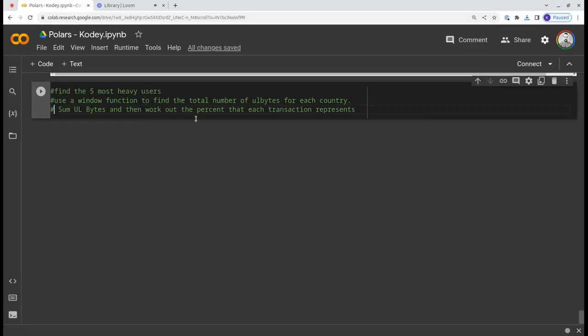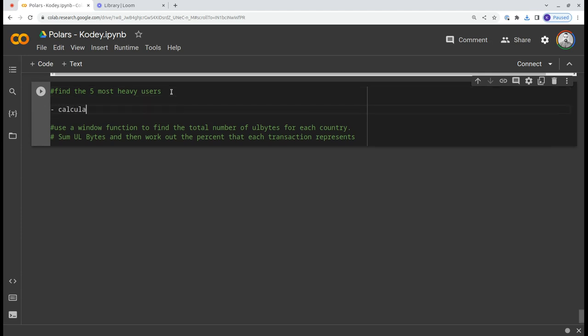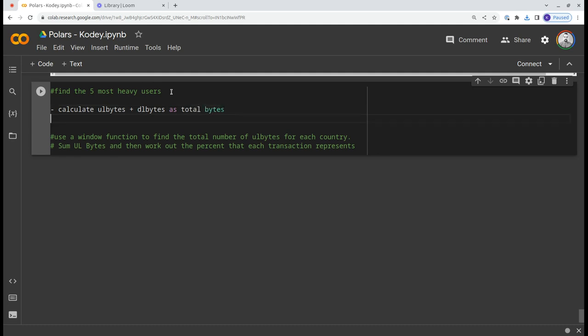Right, so we've been through lots of functionality in this course. We've just gone through each function, demonstrated some examples of that. Now let's try and solve some challenges. So the first challenge for you to solve is that you need to find the 5 most heavy users. So to do that, we can calculate the UL bytes plus DL bytes as a total bytes column. After we've done that, we then want to sum the values of the total bytes